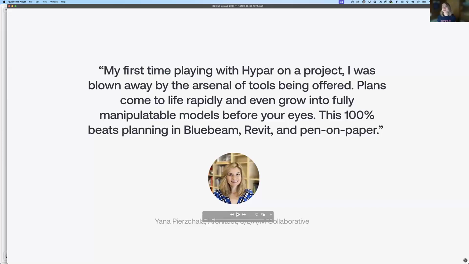In addition, some people don't go into Revit. Not everyone is well versed in Revit. So you have some of the more senior planners or some of the more junior planners really looking to find a solution that's maybe a little bit different than Revit. So the first time she was playing with Hypar, she was blown away by the arsenal of tools. And she was really able to manipulate models very quickly before her eyes using her client standards. So using her content, using her furniture and equipment right in Hypar, and then exporting it back into Revit without missing a beat. So that's something that she found was very popular and